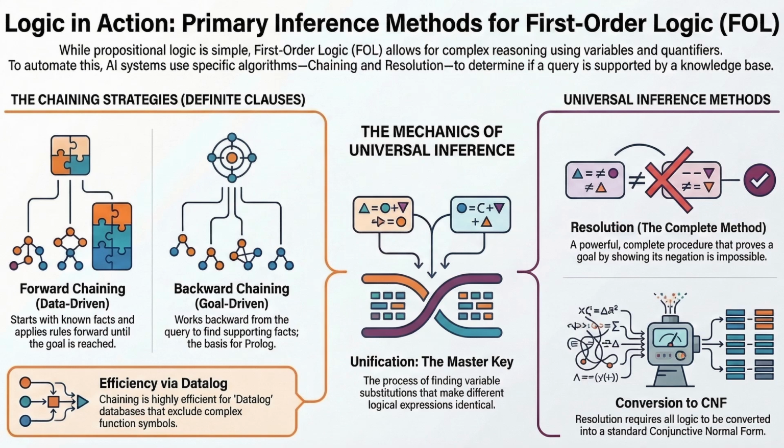So, to summarize our very long journey today, we started with rigid propositional logic. We lifted ourselves to first-order logic with variables using unification. We saw forward chaining, the reactive detective, using the Rete algorithm. We saw backward chaining, the planner, using Prolog. And we saw resolution, the theorem prover, using CNF and contradiction.